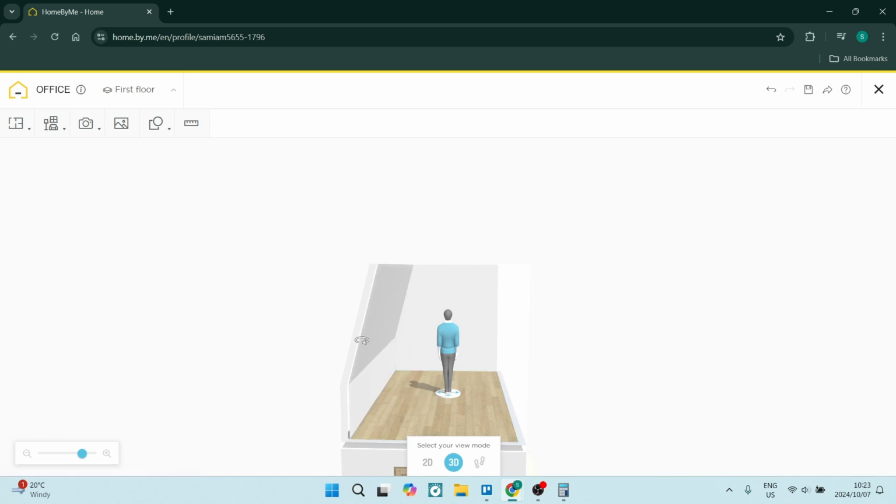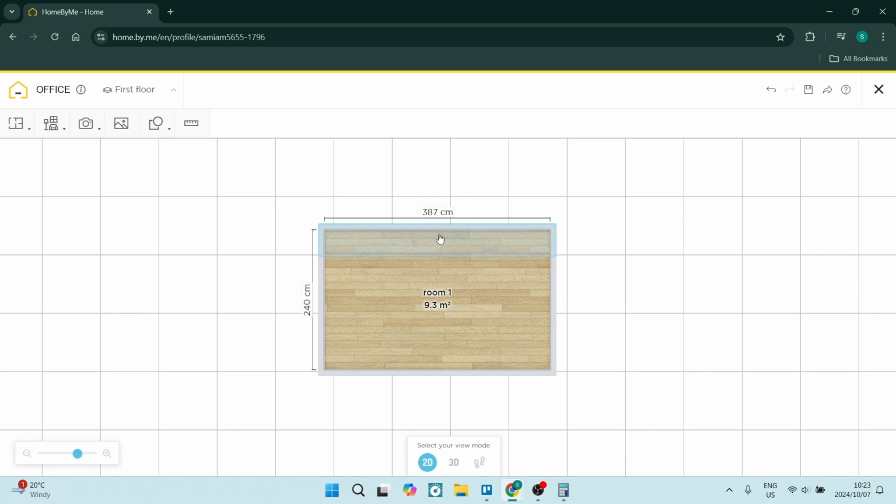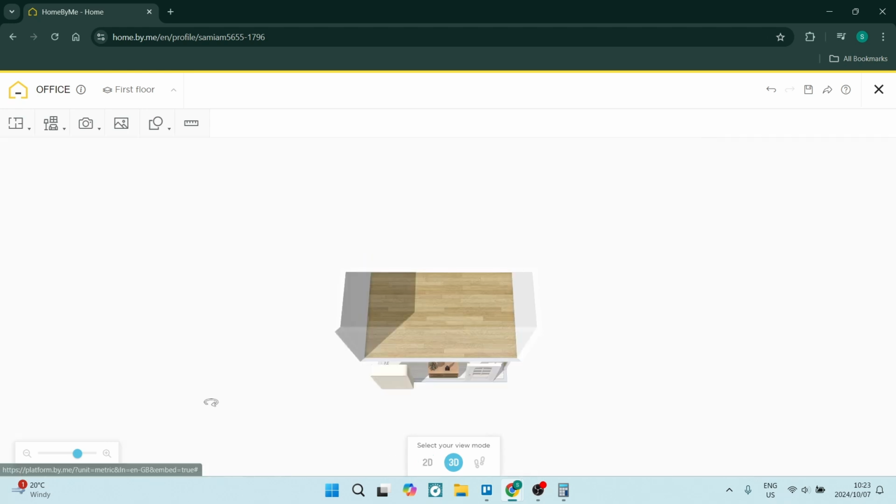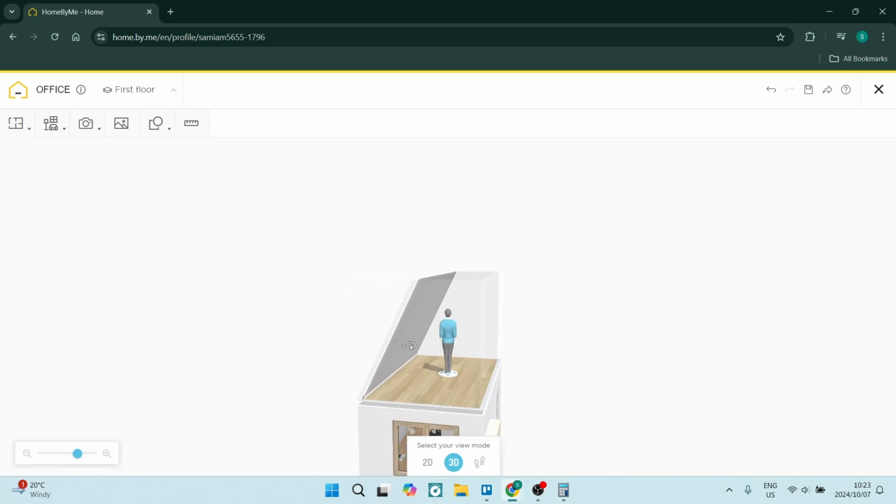Now, if you'd like to slope this wall and make it into a roof, you'd have to make that measurement half of your total. So in this case, it's 240 centimeters. So if you're going into that wall and you're saying edit, this would be 120. And of course, you would have to adjust your height. Let's say, for example, 5, and go into 3D view. And that's what it would look like. Of course, if you'd like to do the same with the other wall, you'll be able to create a pitch